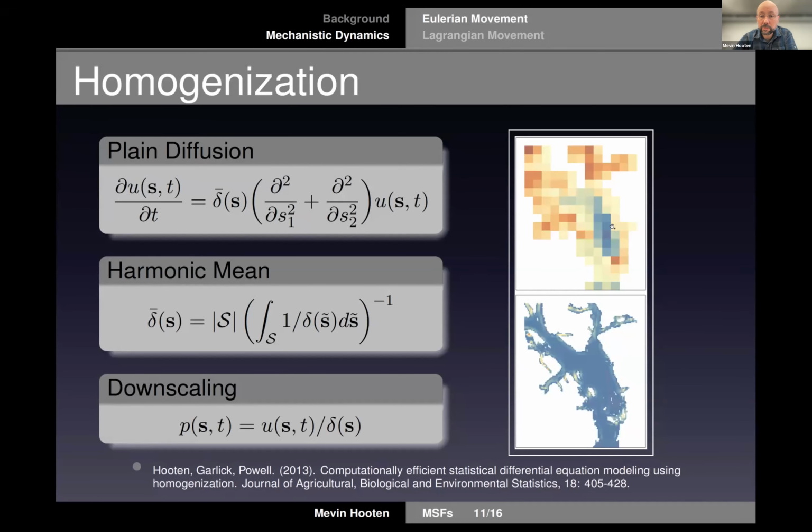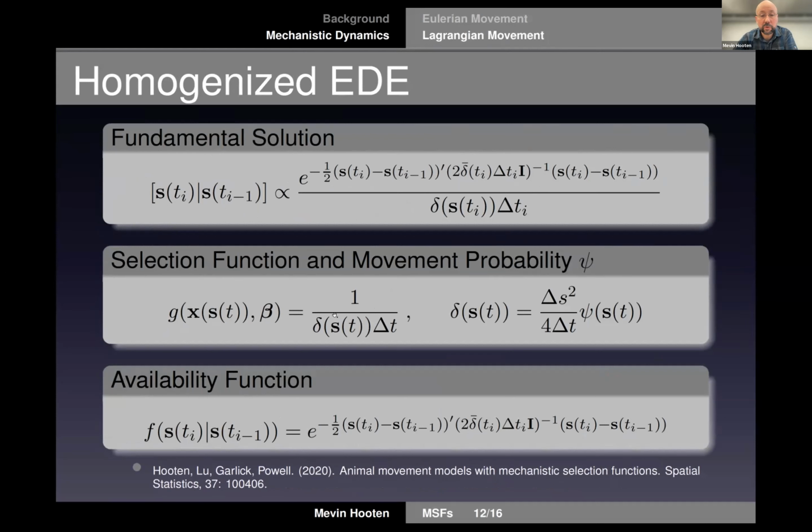Now, if you squint at this function on the right, what you see is that there's really a product of two functions, one of which is G, and it looks like this. It's basically proportional to the inverse of the diffusion coefficients delta, and the other one is F, and that one we can call availability. So we have a selection function and an availability function that arise naturally from a point source solution, or fundamental solution, to what's called the EDE, the ecological diffusion equation, that one I showed before, the Fokker-Planck equation. So delta relates to some underlying movement probability psi,